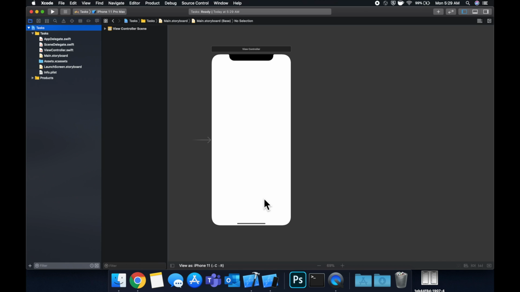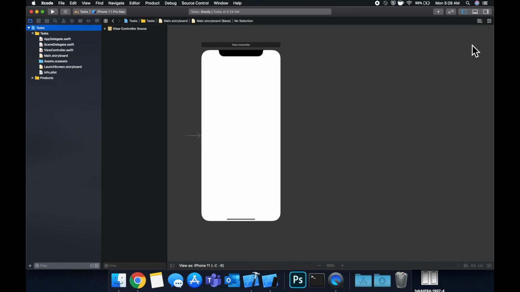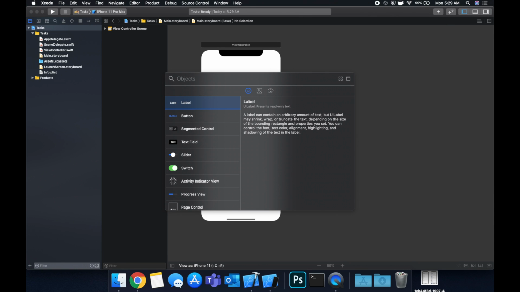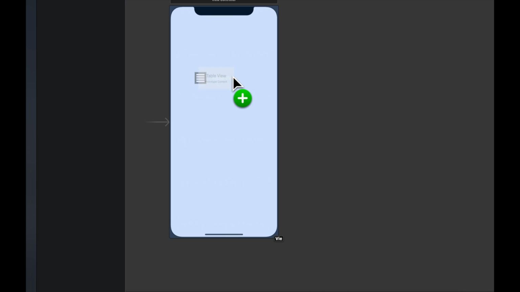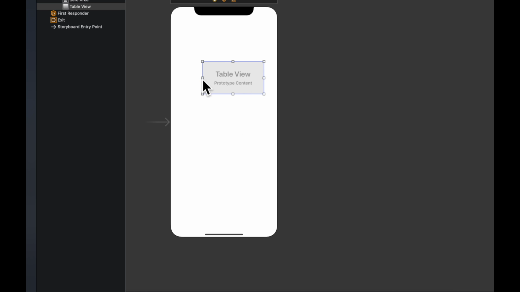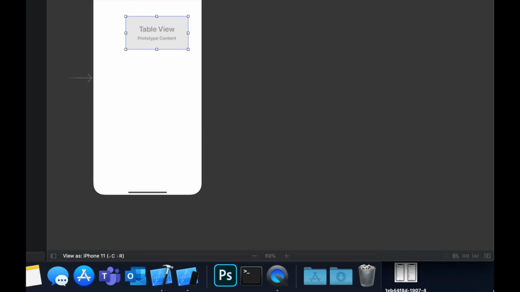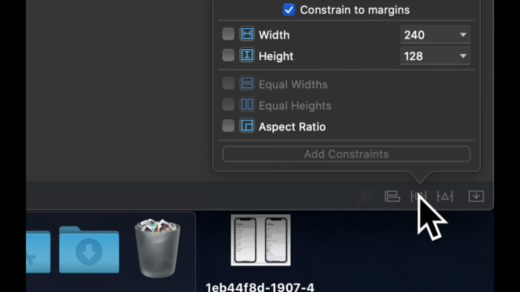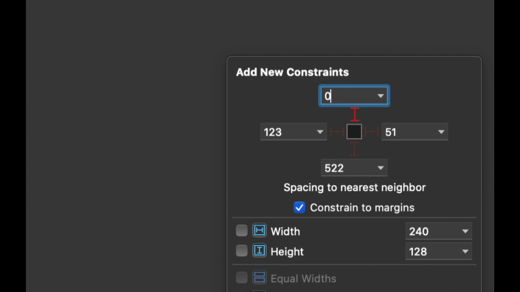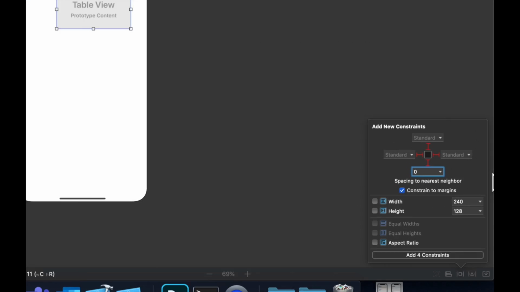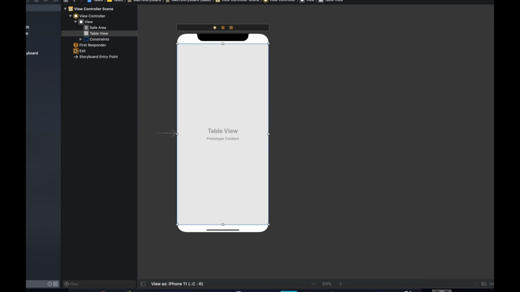So to do that, we're going to use a table view. Because we need these elements, let's start by dragging them in and adding constraints to them to lay them out. To do that, we're going to hit this button up here, which will give us our library of elements. Let's search for a table view, drag this in, and once you see it on your view controller, we're going to come down here and hit this button, and this button will allow us to add constraints. So we're going to add 0, 0, 0, 0,